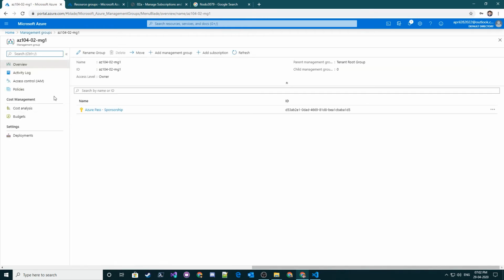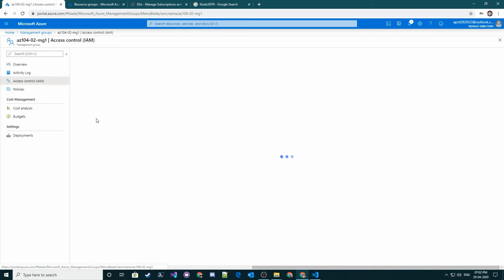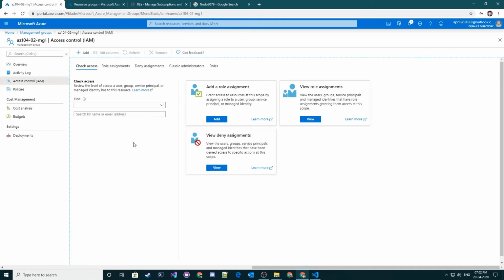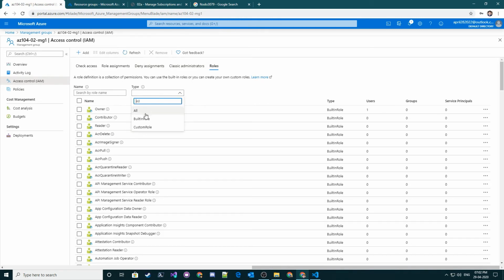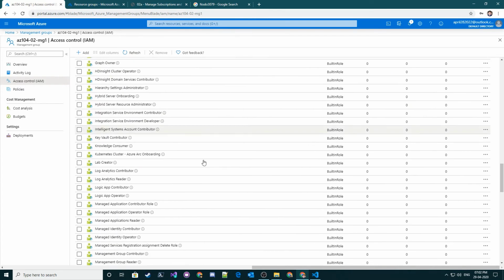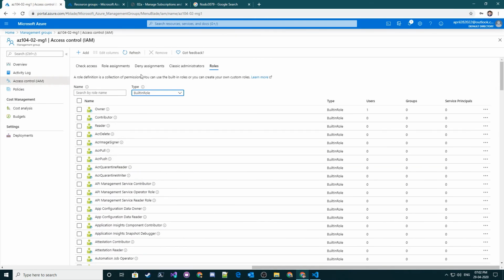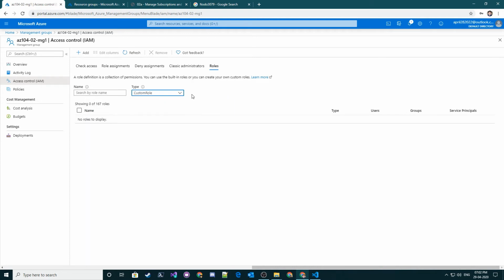So if I go to its details and go to identity and access management, let's see the roles that we have. You can see you have different options. Either you can have built-in roles, which are provided by Azure, so these are inbuilt, or you can create a custom role as well. Our role is still not visible over here. Okay, great, now it is visible. You can see support request contributor, this is a custom role that we created.